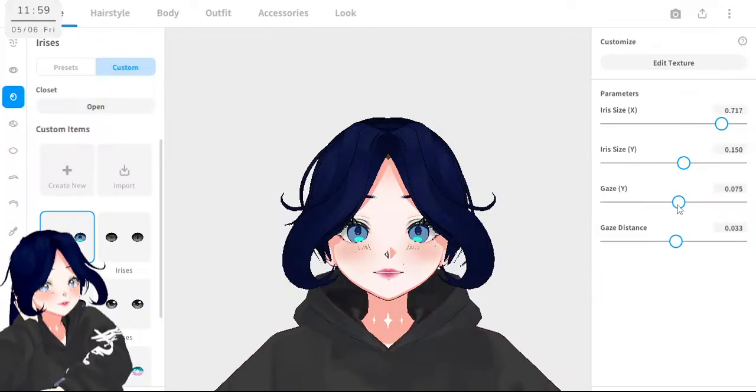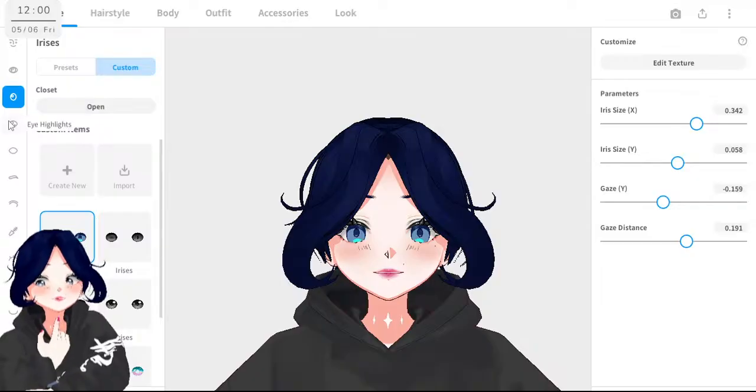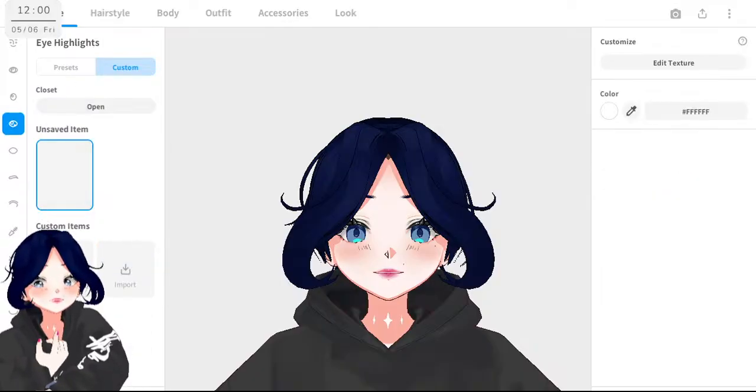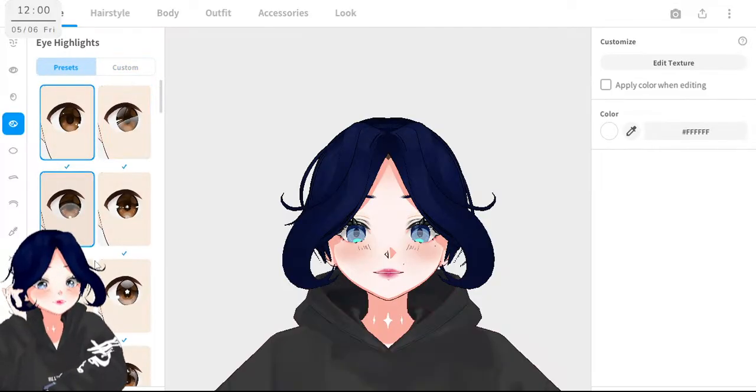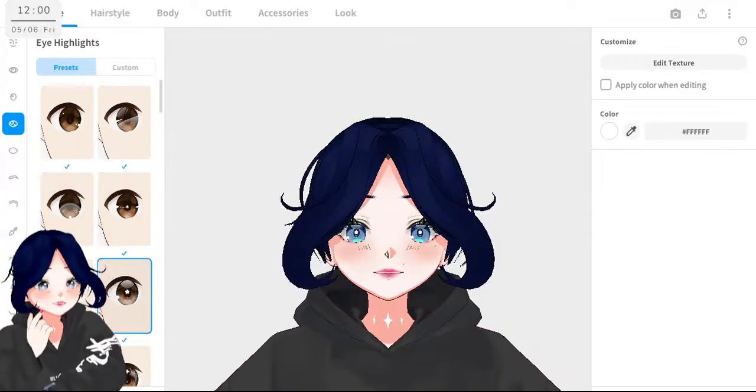Yes. Like this. I think I like it like that, so far at least. Now let's see in the highlights. Let's look how it works with the presets.